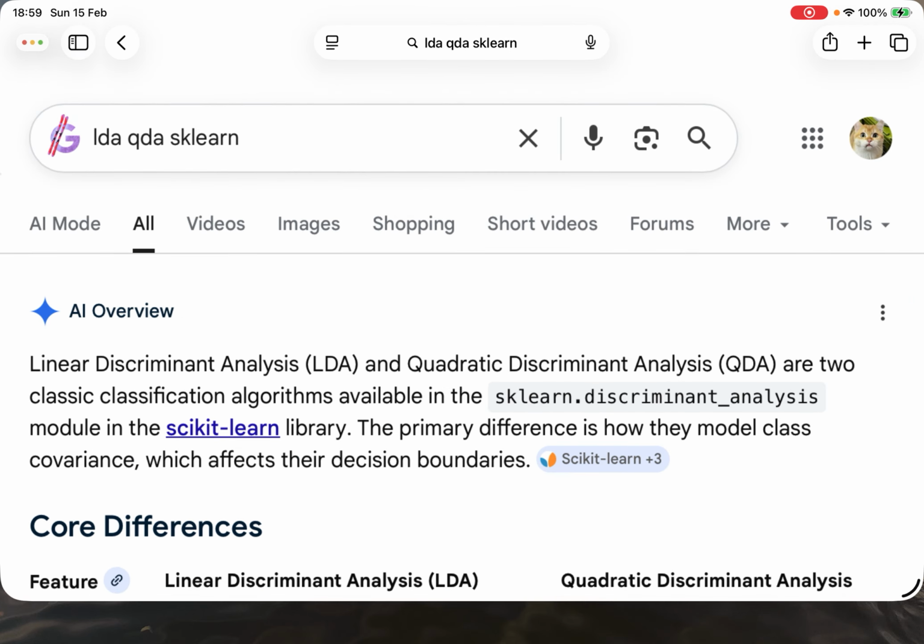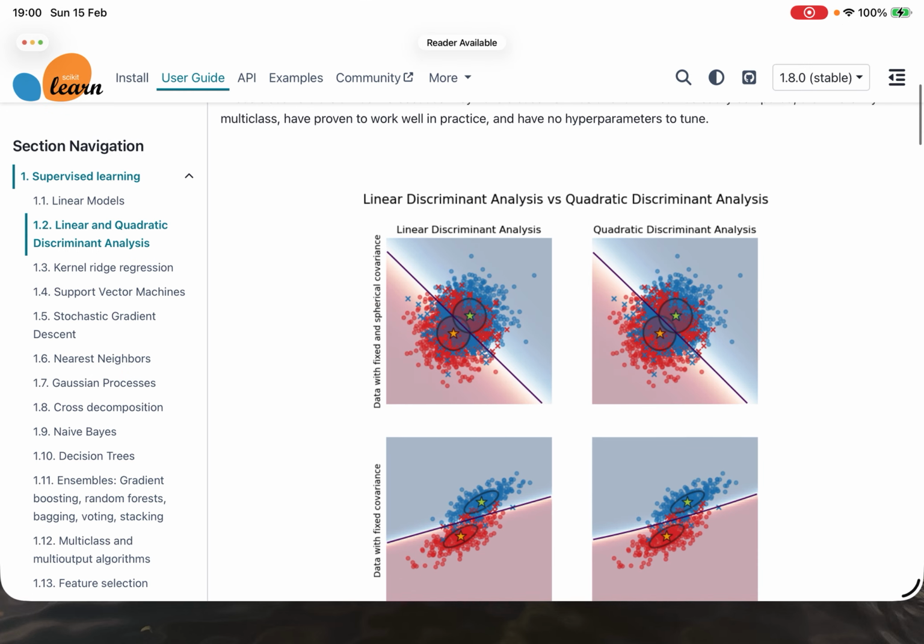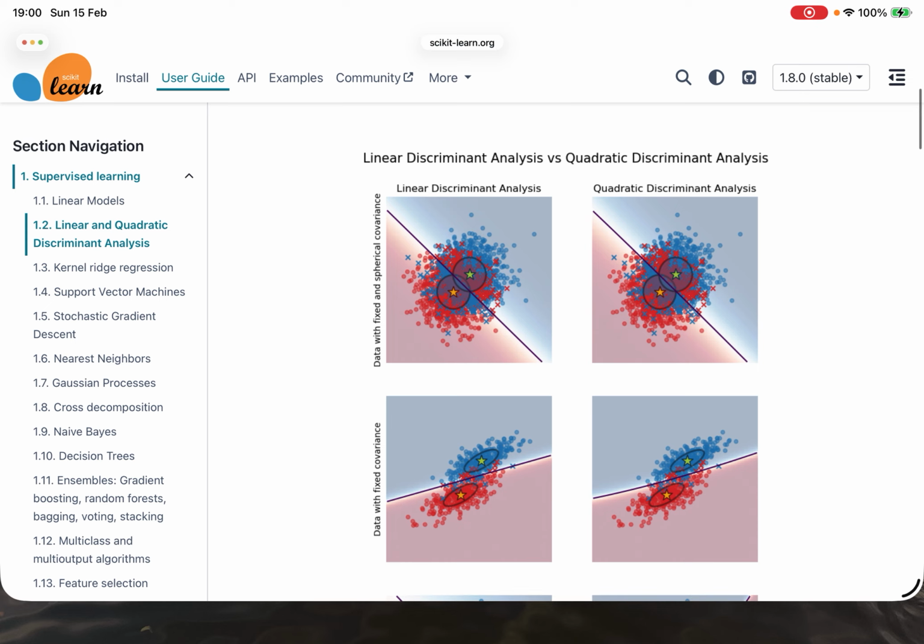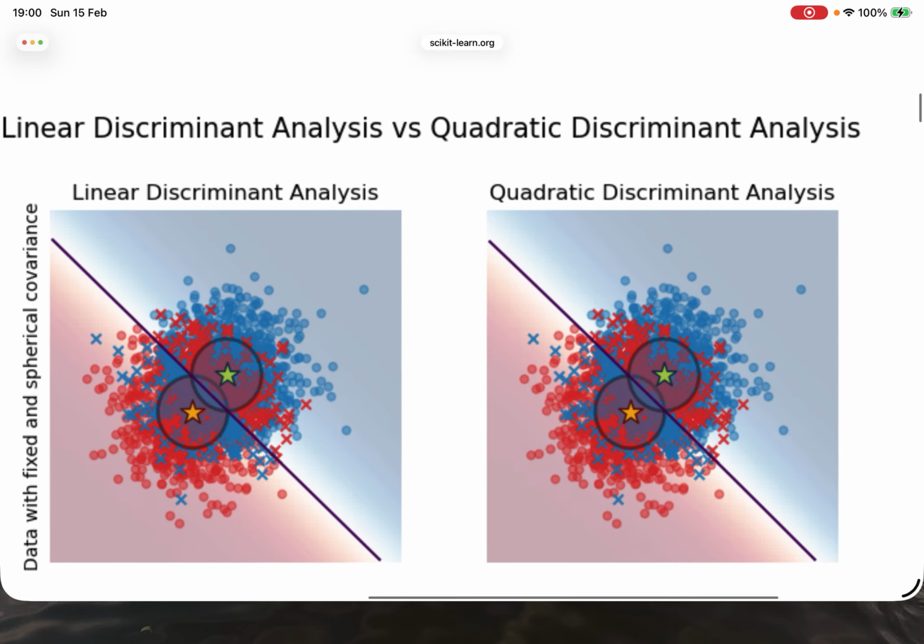Not sure why it's not getting large. Okay, yeah, this is actually an example where you have data that doesn't fit the assumption versus data that fits the assumption. If you remember how we compute the mean and variance of input features at each class,